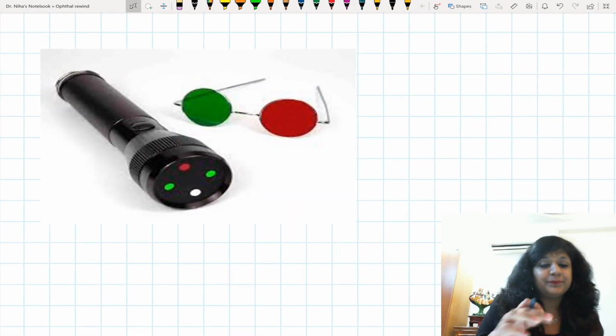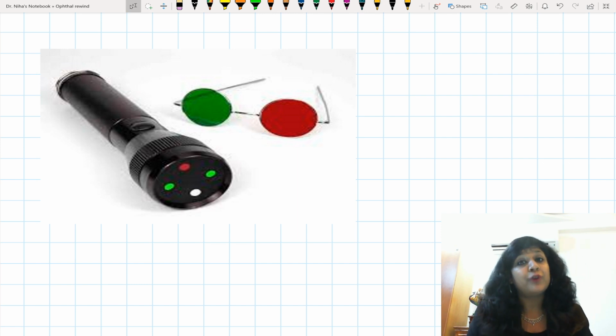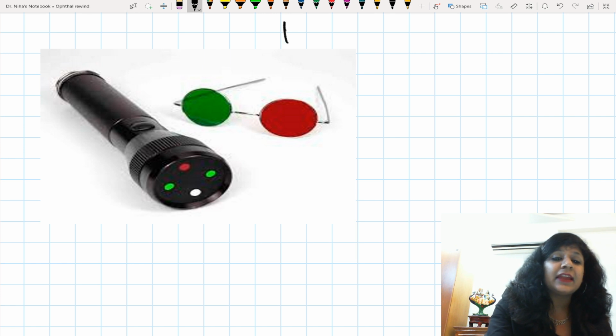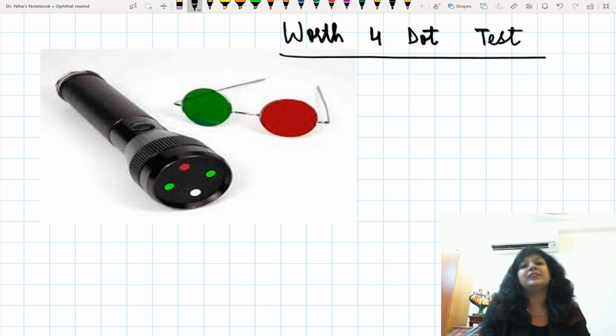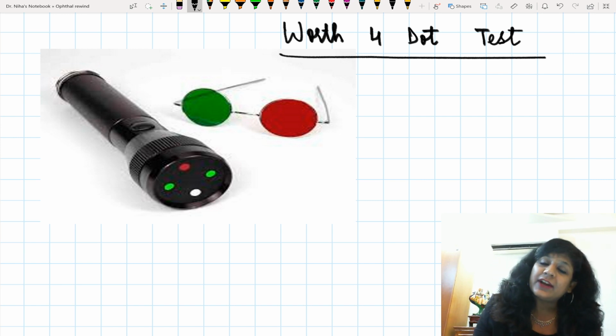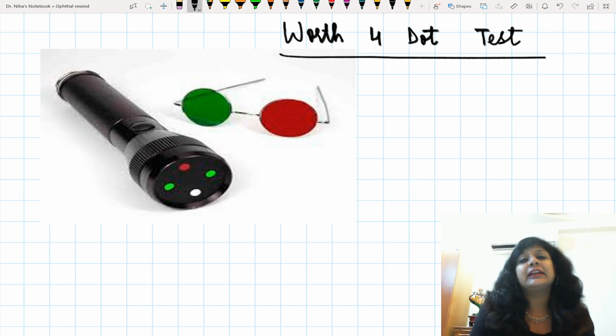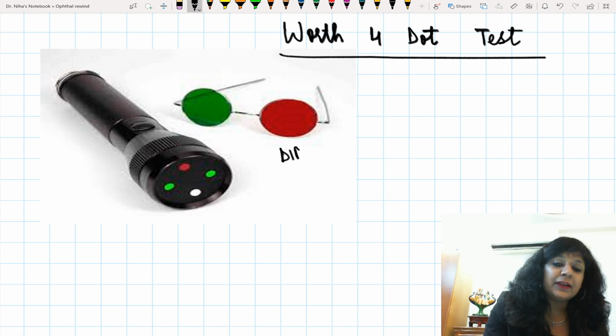Now see this. This is a very popular test and a very informative test. What is the name? It is the Worth 4-dot test. The person sees 4 dots basically, that is why it is called the 4-dot test. It is used for diplopia charting also, for monocular single vision also. And we are also using the diplopia goggles along with this. These are called the diplopia goggles.